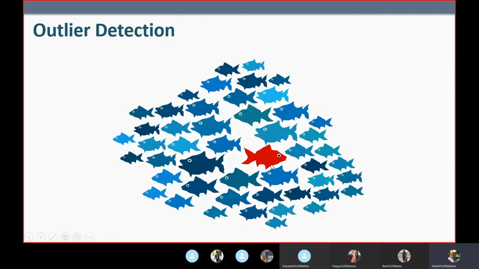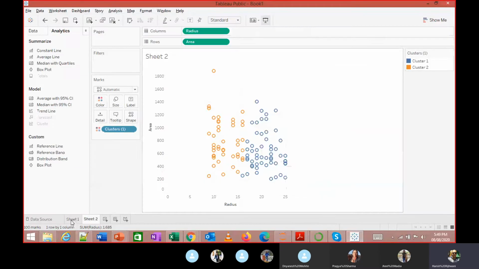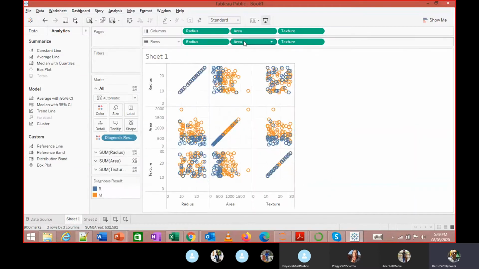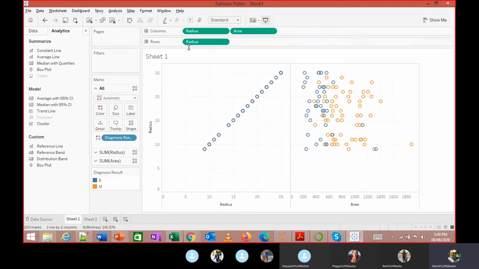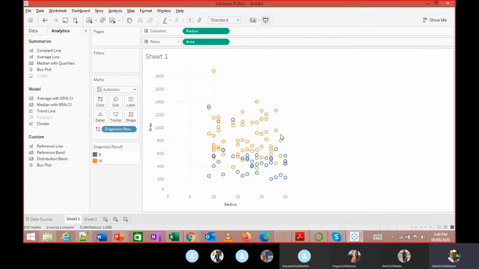Yeah, outlier, you can easily see, right? One fish is going on the right hand side, the other fishes are going on the left hand side. So that's an outlier. So here also, if I remove this, I can see these are outliers where it is still benign, the area is also high and the radius is okay, but the area is high.